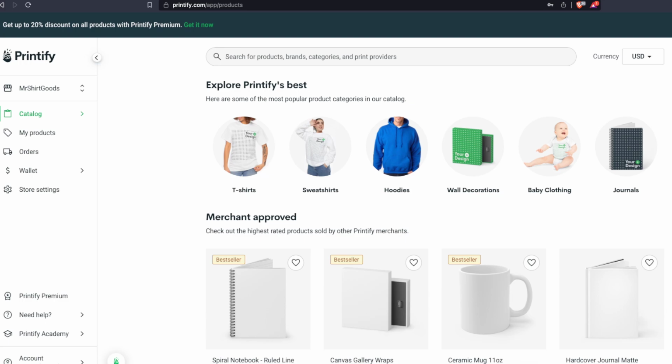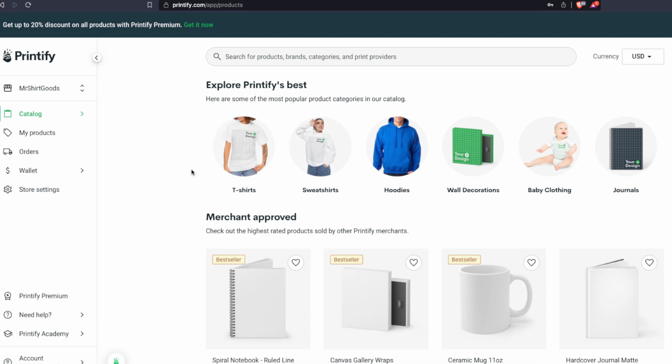Hello guys, today I'm going to show you, and we'll talk about, how Printify handles returns. If you are already using Printify with your connected store like Shopify, Etsy, and so on, and you are creating custom designs that are made to order, basically, when the customer orders it, Printify prints it and ships it to the customer. And if the customer is not happy, how does the returning